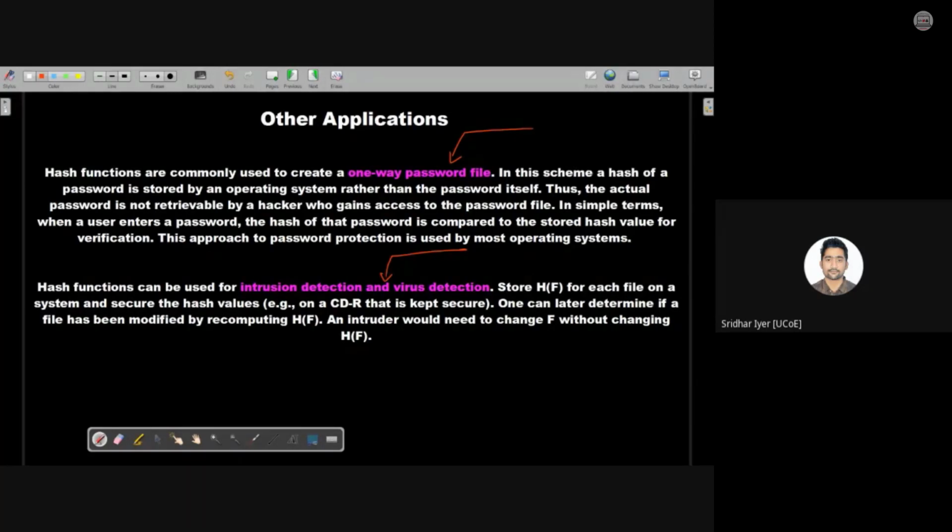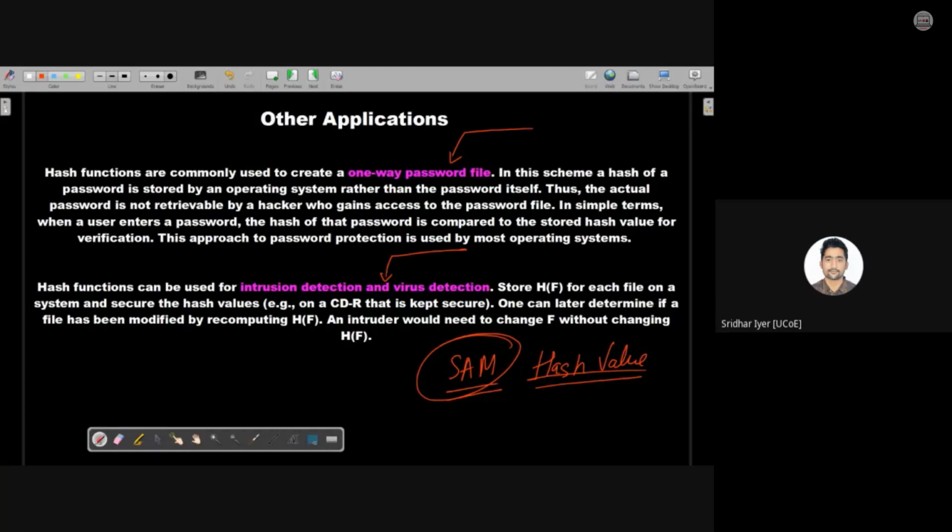Fine. So basically the passwords are stored, if I'm talking about Windows OS, in a SAM registry. And SAM registry के अंदर password directly store नहीं होते. They are stored in the form of a hash value. So that even if an attacker gets access to this folder, they won't be able to see the actual password. They will see the hash representative of that password, and then they need to decrypt it. So the decryption phase, or we can say the cryptanalysis phase, is a little difficult as compared to simply storing the password. Am I clear?